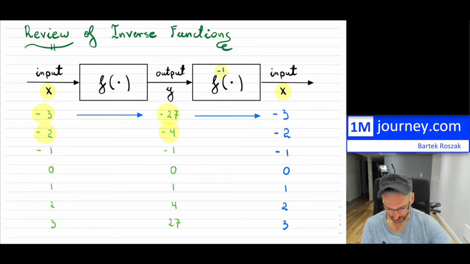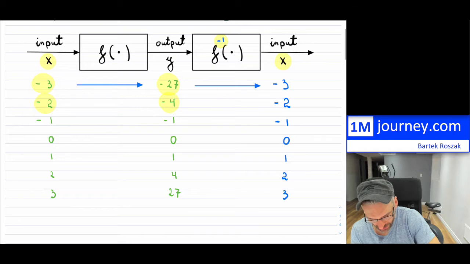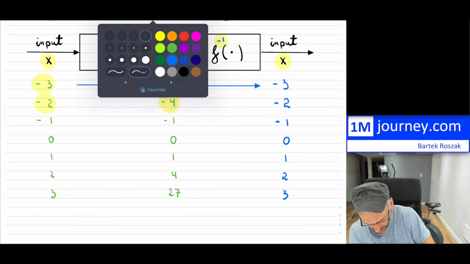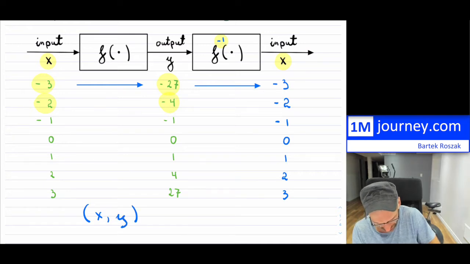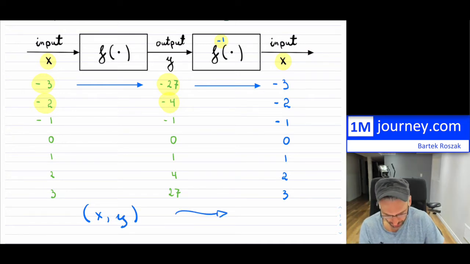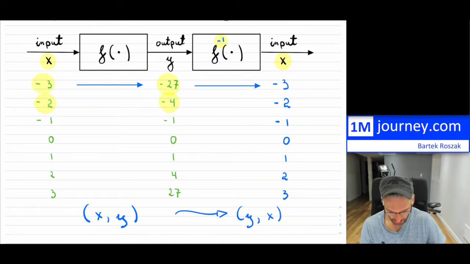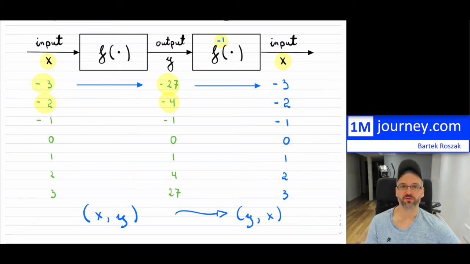So the main idea is, if you're thinking of ordered pairs for inverses, we're mapping x, y, and then our input to the inverse is actually y, and we want to get our x back. So if you have a table of values or a bunch of points, it's not hard to find the inverse because we're just swapping x and y, right? But if you are given a function, it's not always easy to manipulate that function to get an